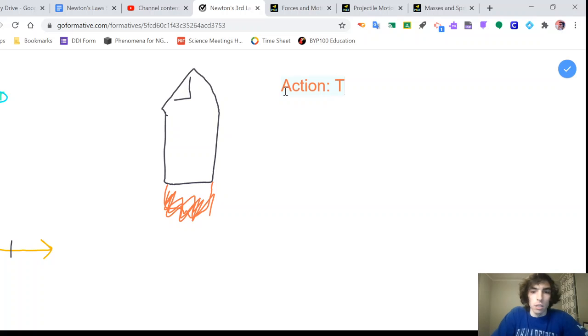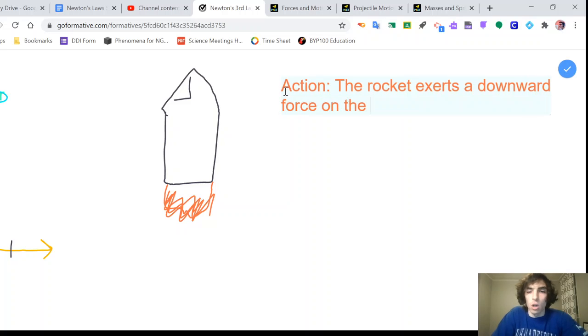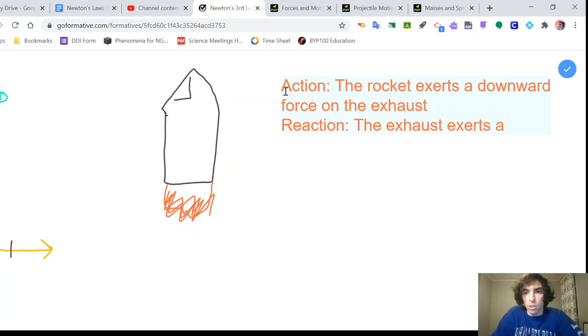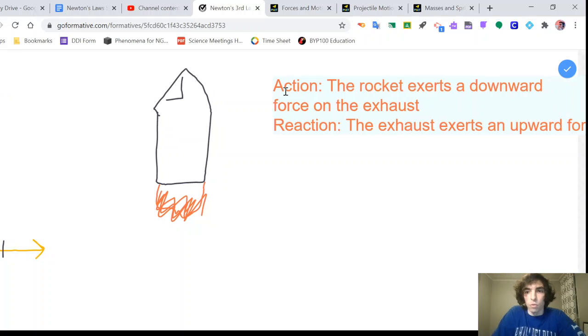That is, the rocket exerts a downward force on the, I'll say the exhaust, because that's a mixture of not just air, not just fuel, but the combusted materials of those, as well as the water and carbon dioxide that they produce when they're burned. But then the reaction, what really matters here, is that the exhaust then exerts an upward force